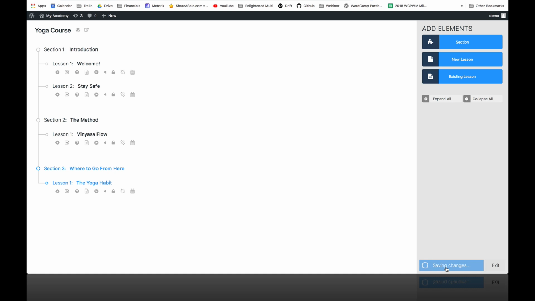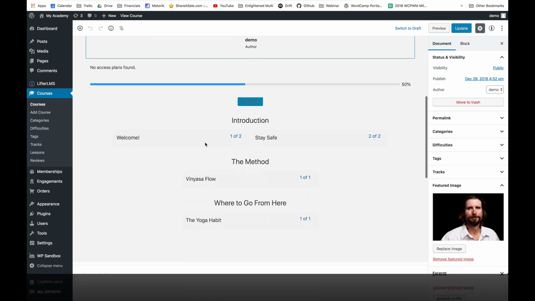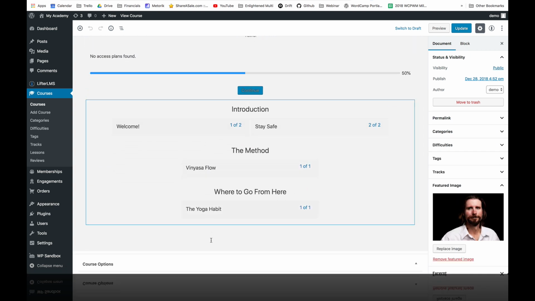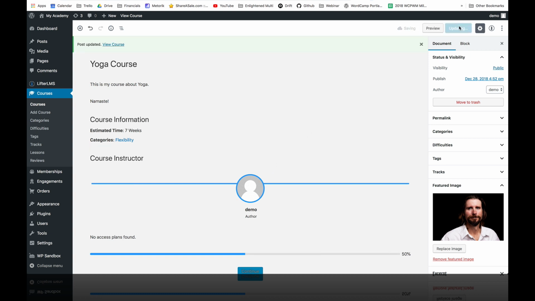So I'm just going to save changes, and we've got our course coming together. I'm going to go back to the course edit screen, and you can see down here in the syllabus area where our syllabus is starting to come together with those section titles and lessons. I'm going to click update on that,